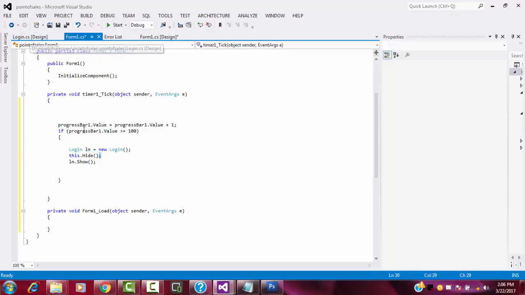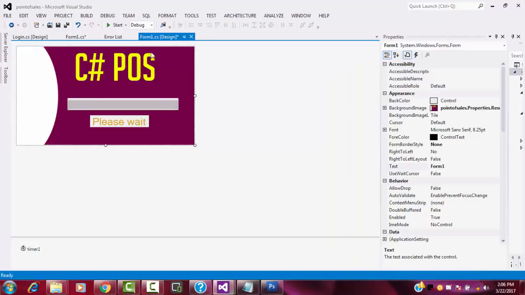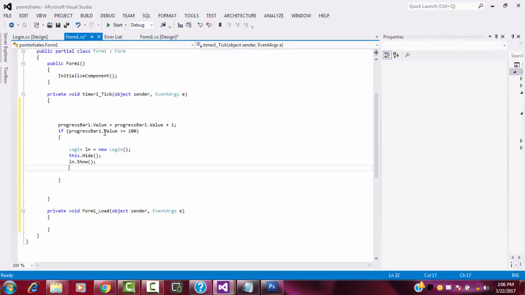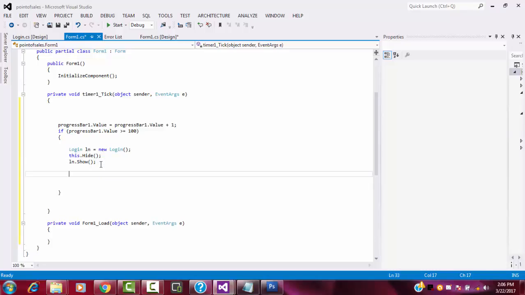This dot hide means that when the login form is started, this form, the current form, which is our Form1, our welcome form, will be hidden. So I put hide here. ln dot show means our new form, our login form, will be shown here. After that you have to write